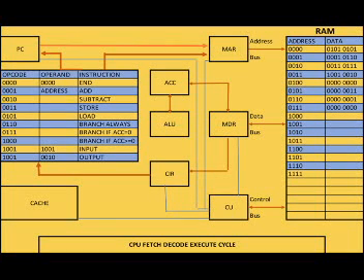Explanation about the fetch, decode, execute stages of the CPU. Let's start with the first stage. The very first thing that happens is the program counter is checked, as it holds the address of the next